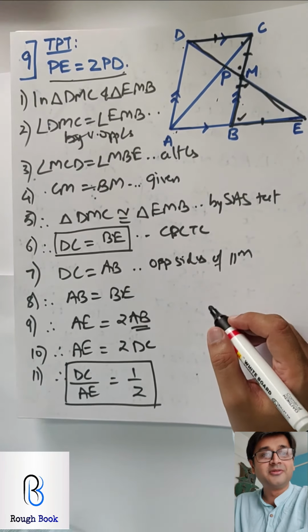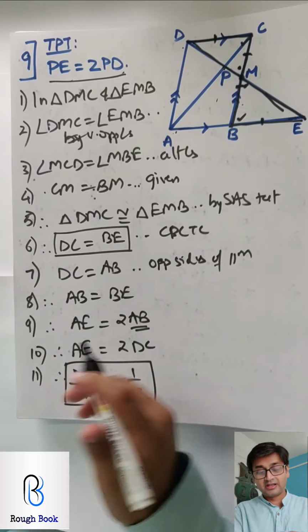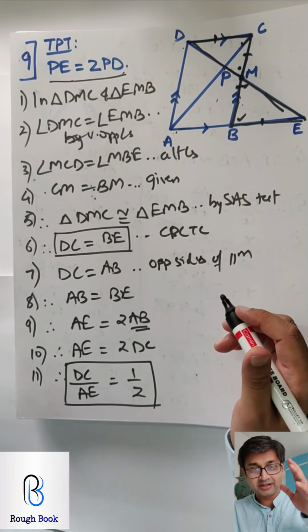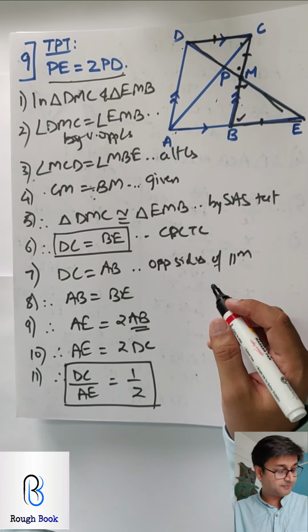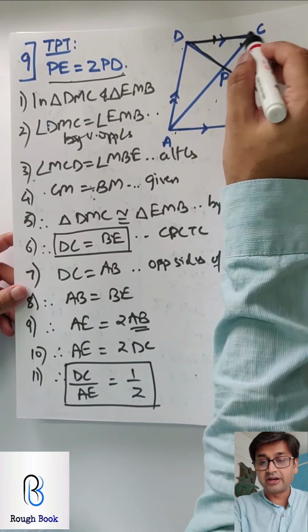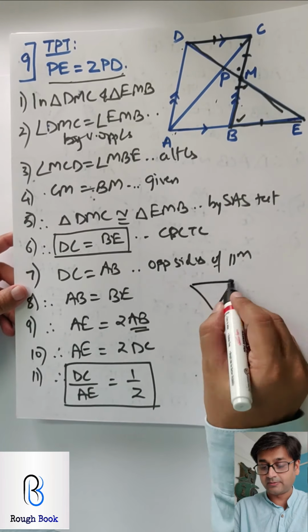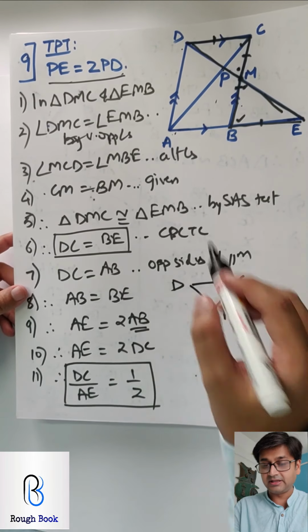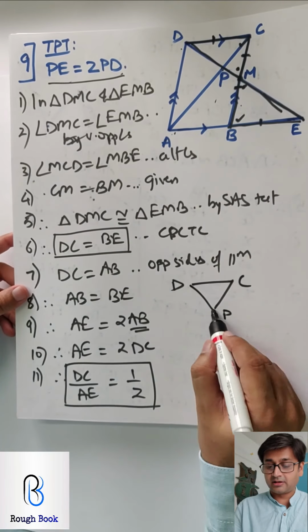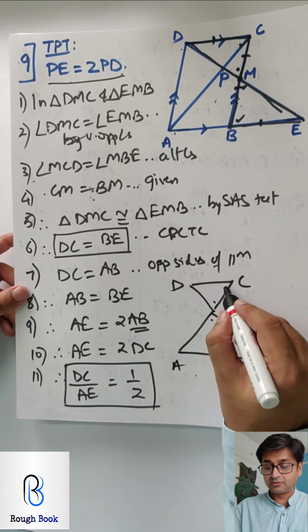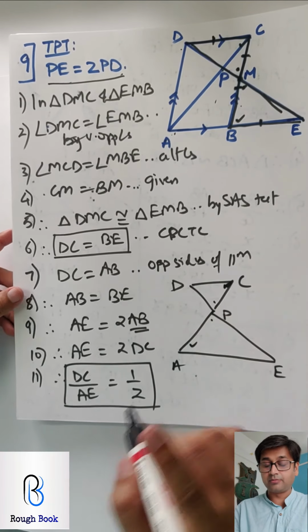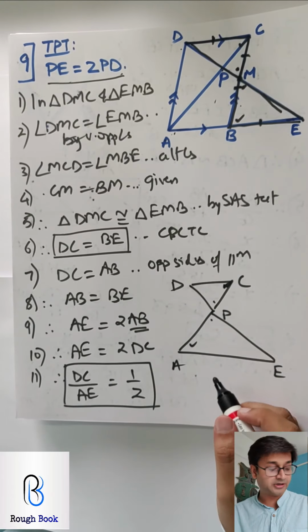I know you are cursing me, but I'm so sorry. It's a slightly technical question, but if you are smart enough, you will pick it up. So nothing to worry. Let's take up the small triangles. We are getting into these two triangles. One is DPC here, and the second one at the bottom, the bigger one, APE. One is vertically opposite and alternate, proving the triangles similar, not congruent anymore.